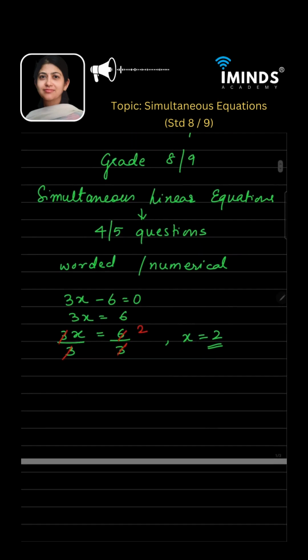Okay. Now this was only one variable, one unknown variable, that is x. Now suppose if you have two variables in the equation and you have two such equations, two linear equations with two unknown variables. That is, suppose I will take an example of x plus y is equal to 5 and x minus y is equal to 3. So अब यहाँ पर क्या है? We are having two linear equations, 1 and 2, with two unknown variables x and y.